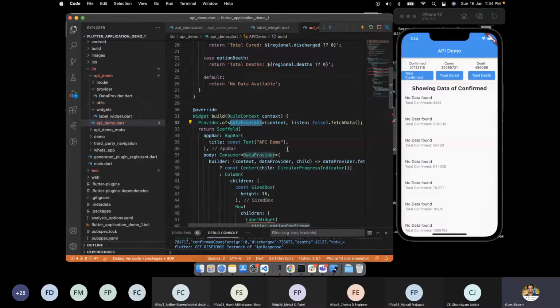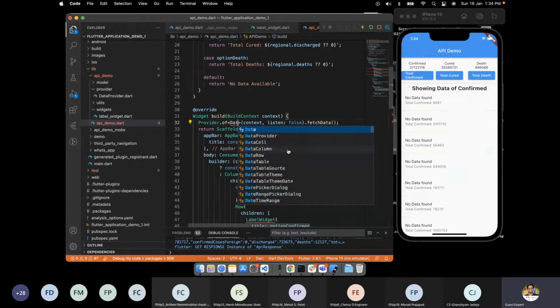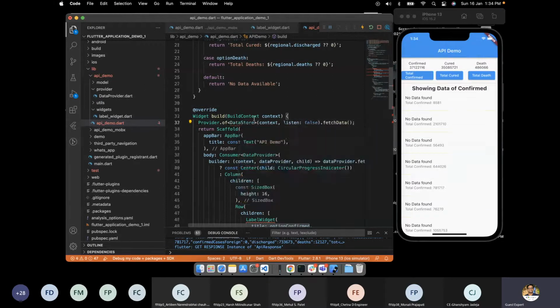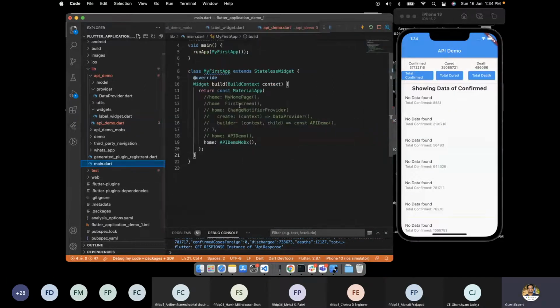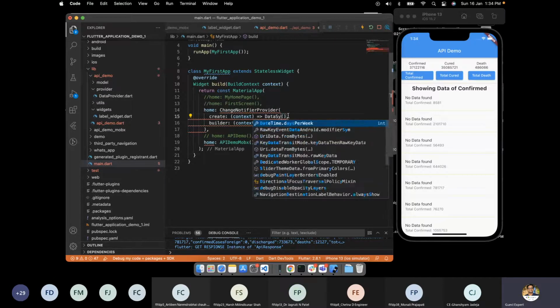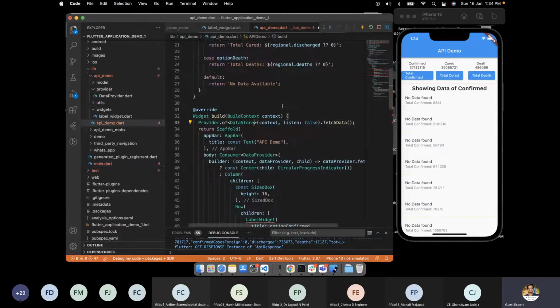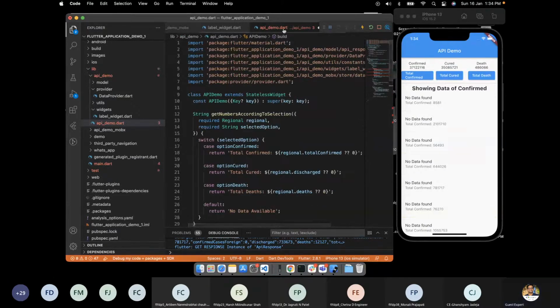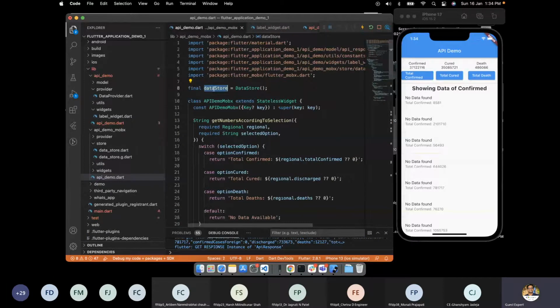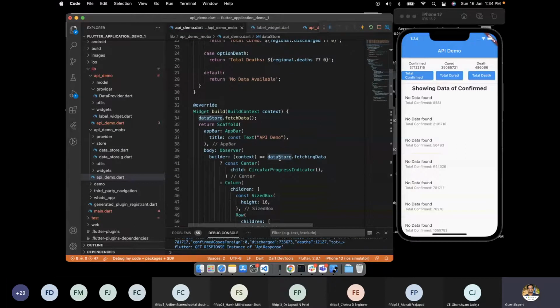Rather than data provider, we can have data store, and in the main file here we can inject those things using the data store. If we do this, we don't have to write it this way, and we don't have to pass this object here.